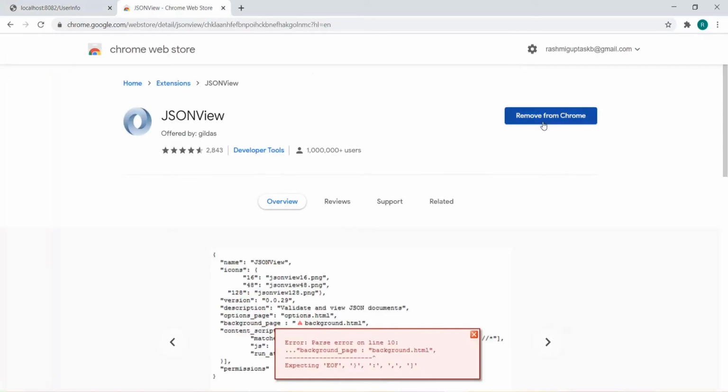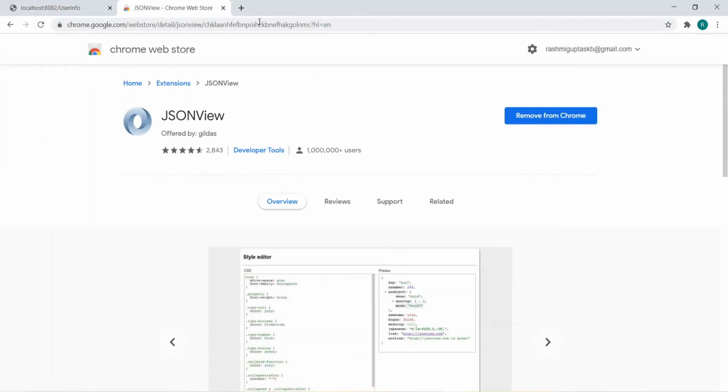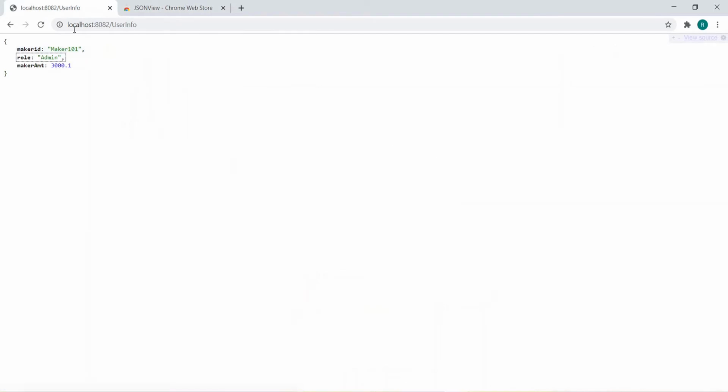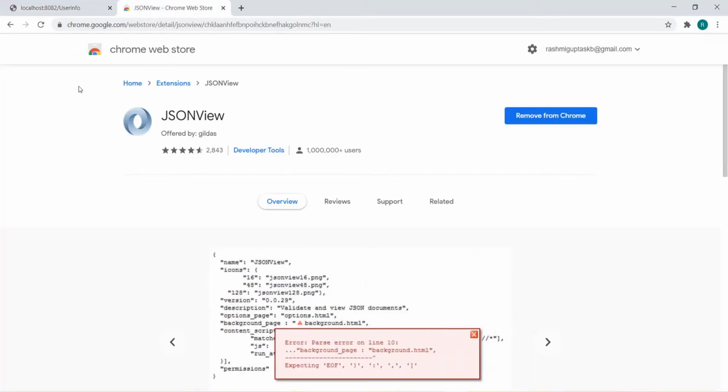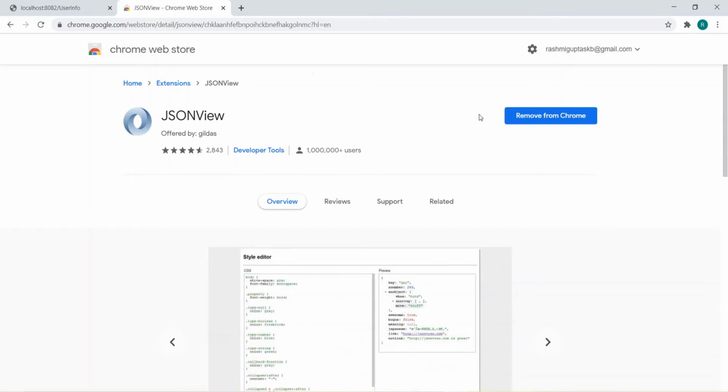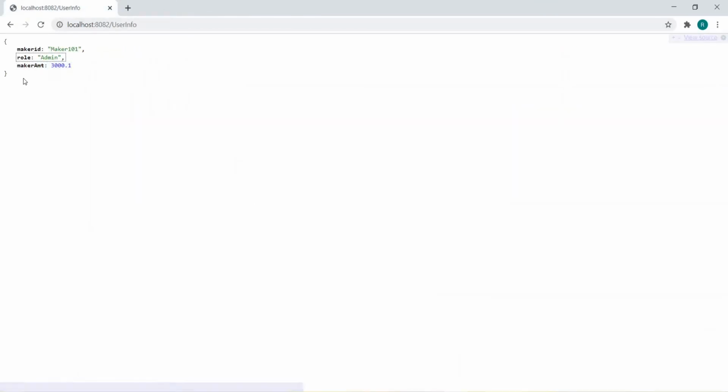That's why it's able to render the JSON data in the Chrome browser. If you remove this, it won't be able to render it. If you are adding some other vendor's JSON viewer, all the vendors will try to render the JSON data over here. So it is better to keep one JSON viewer plugin.